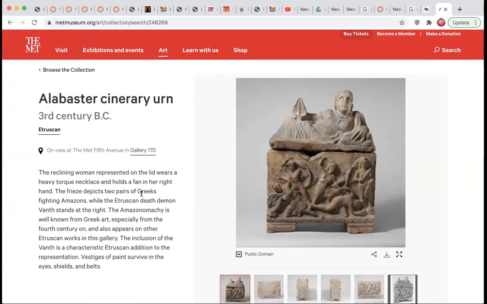This frieze depicts two pairs of Greeks fighting Amazons. Okay, so exactly as we discussed. Okay, let's move on